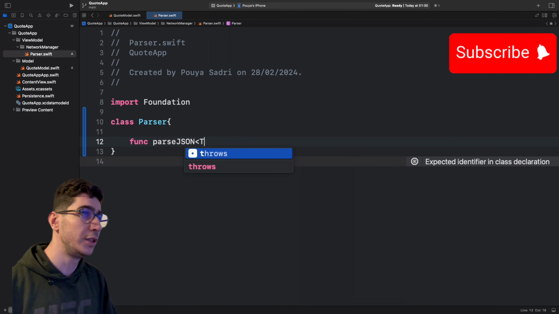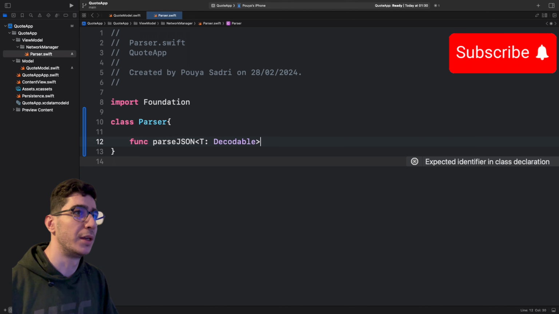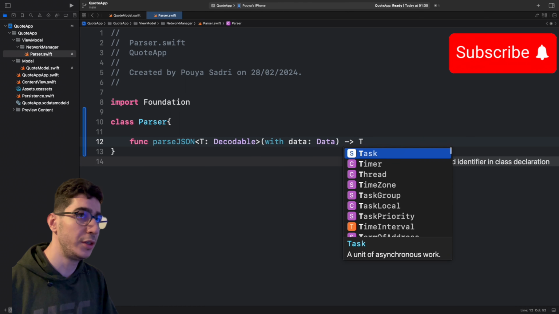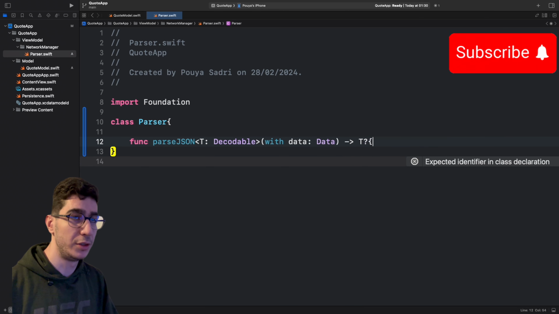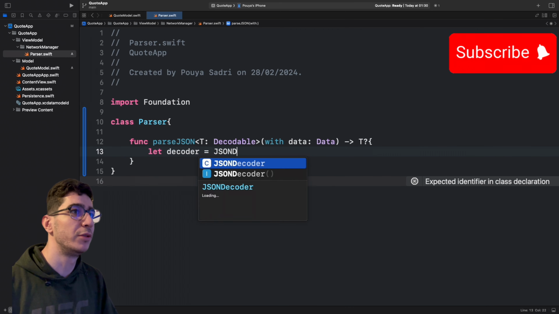And this is a T decodable and with data type data, and it returns a T for us. So T, and this is an optional. So here we have let decoder equal to JSON decoder